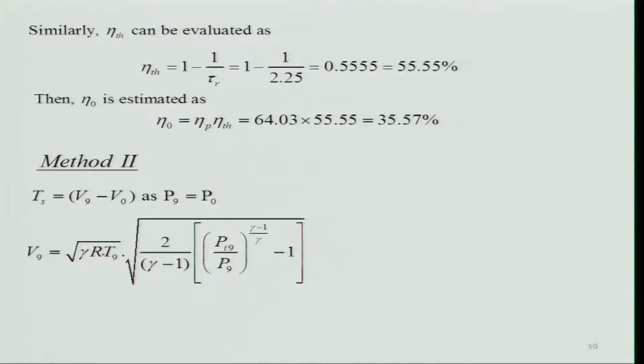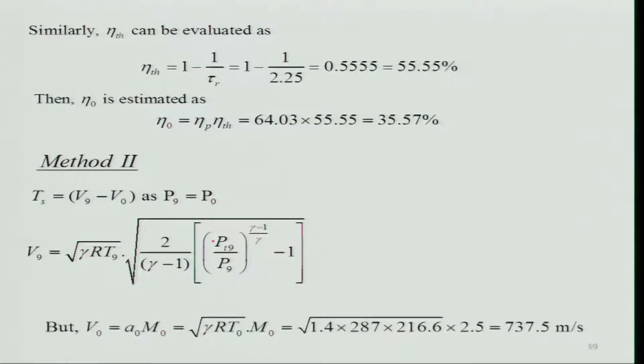V9 is root over gamma RT, 2 divided by gamma minus 1 PT9 by P9 power to the gamma minus 1 gamma divided by gamma minus 1, right? So that means I need to determine this T9, I need to determine this P9. Do I know really P9? You know the altitude, so you know the P9. So similarly, you will have to find out PT9,